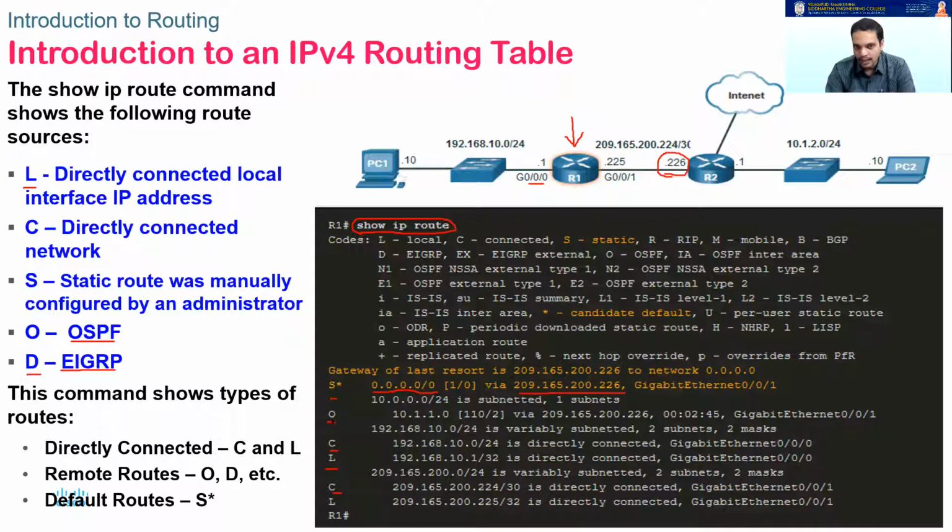Now O here tells that there is a network 10.1.1.0. Where is this network? 10.1.1.0 and via 209.165.200.226. This is here. This is one network. If you can see clearly, this is one network. It's saying that it has learned about this remote network via OSPF protocol. O indicates that this information, where did it get it? It has got it through the dynamic routing protocol of OSPF.